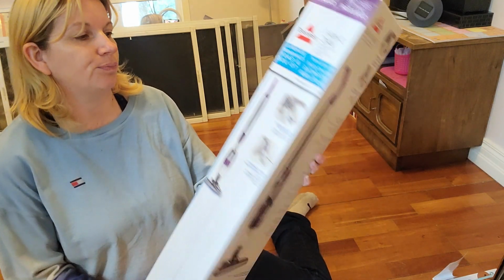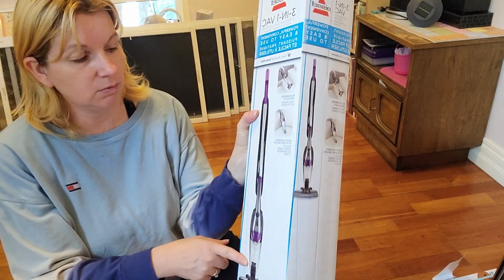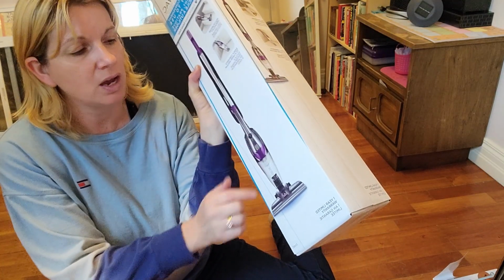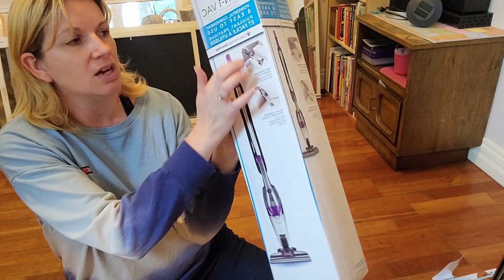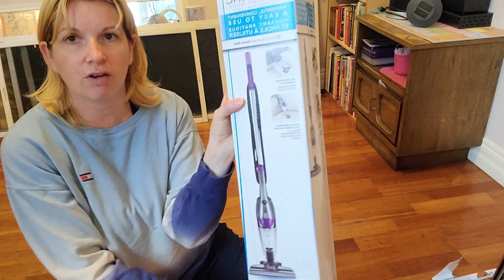Oh, okay, I see it now. I'm trying to see how they did this. So you've got the main big vacuum, and you can use just the little mini part, like a dirt buster thing, with or without this. So if you use this with this, you don't need the whole wand. Okay, I'm seeing how they're just using the different pieces to make it more convenient in